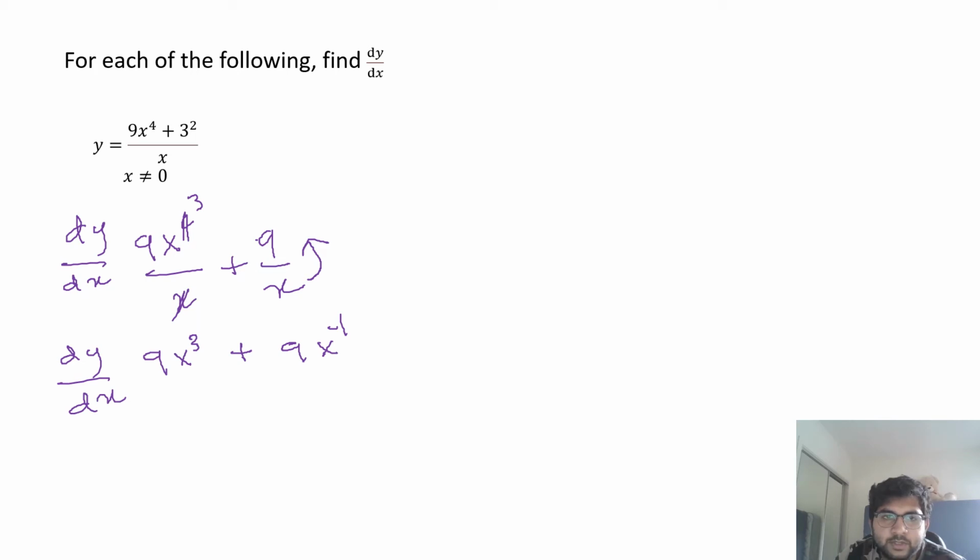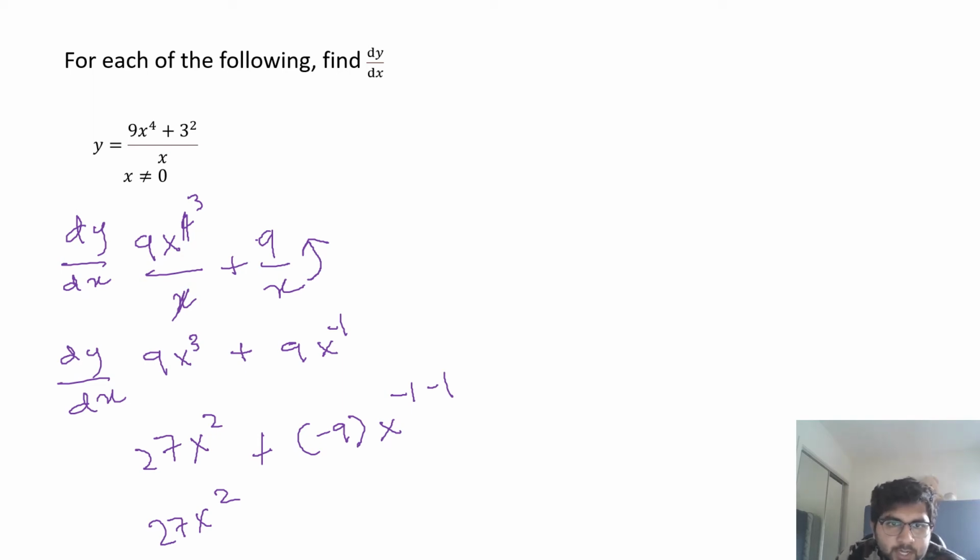Alright, so to do the differentiation of this, we have to take the 3 to the front, so 3 times 9 is 27, and minus 1 from the power, so it becomes x squared. Plus we have to take the power to the front, so it becomes negative 1 times 9, so it becomes negative 9, times x, and we minus 1 from the power, so we get negative 1 minus 1. So it becomes 27x squared plus, negative 9, so let me erase the plus sign, so this becomes negative 9